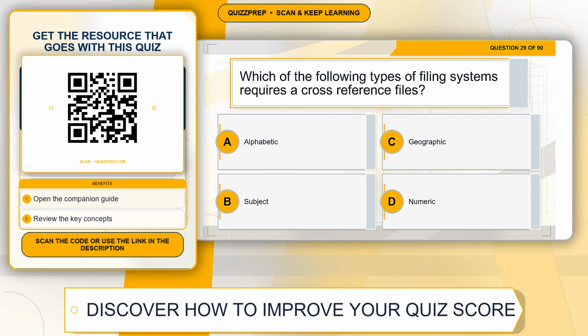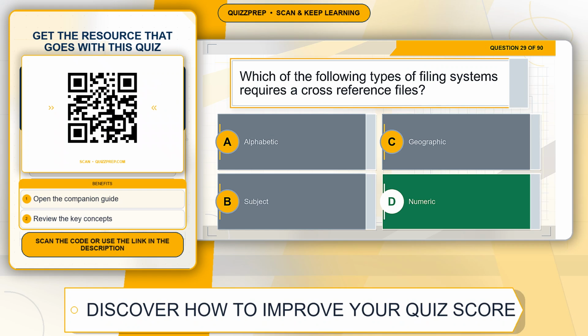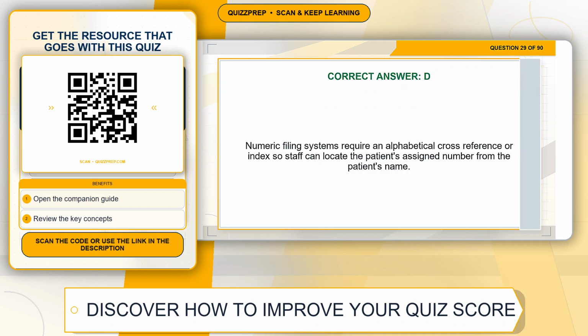Question 29. Which of the following types of filing systems requires cross-reference files? Option A, alphabetic. Option B, subject. Option C, geographic. Option D, numeric. The correct answer is option D, numeric. Explanation. Numeric filing systems require an alphabetical cross-reference or index so staff can locate the patient's assigned number from the